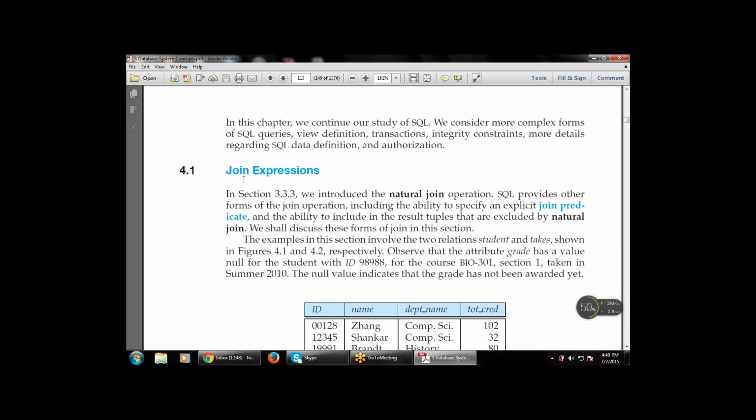The first part that is available is the join expression, that is, how to join the values, how to join the relations, how to join the tuples. So in section 3.3.3 we introduced the natural join operation. We have already studied in chapter number 3 how to join the relations by the natural join operation. SQL provides other forms of join operation also, and that includes the ability to specify an explicit join predicate,